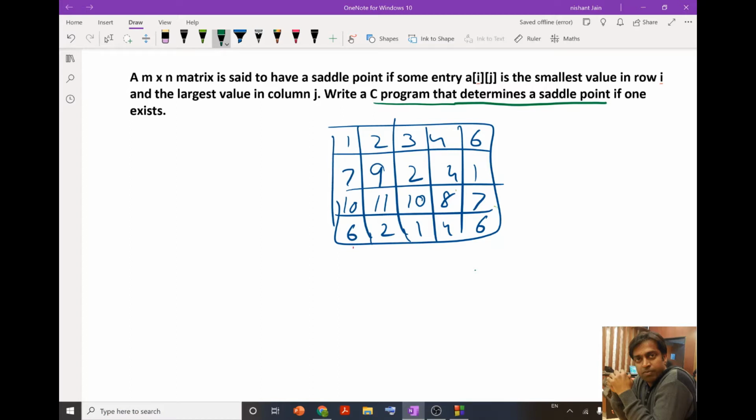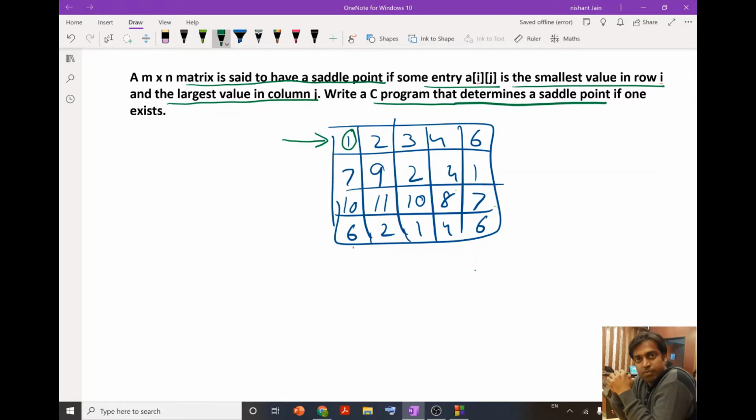A matrix is said to have a saddle point if some entry is the smallest value in row I and the largest value in column J. Suppose we consider row 0. In this row, if we go through all these 5 elements, we can see that the first element is the smallest in this row.